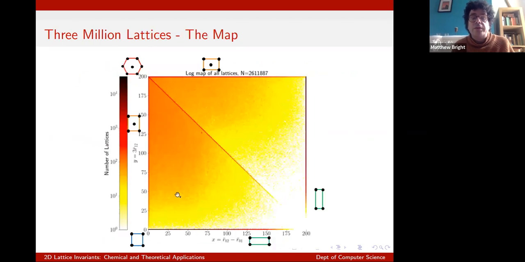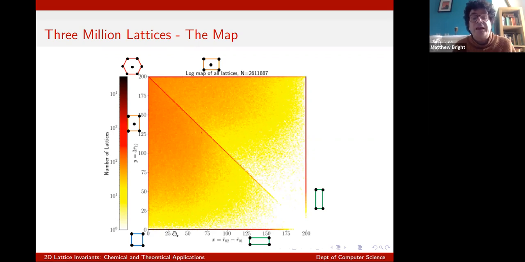And this has been seen before on various posters and things. This is what you get. So this is a complete view for the first time of all of those 2-dimensional lattices, 3 million of them, in the quotient square that we talked about earlier. And you can see a lot of things that you might expect. Nature has a preference for high symmetries, and this is reflected by these strong